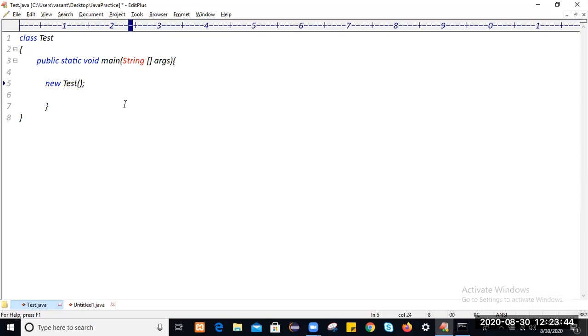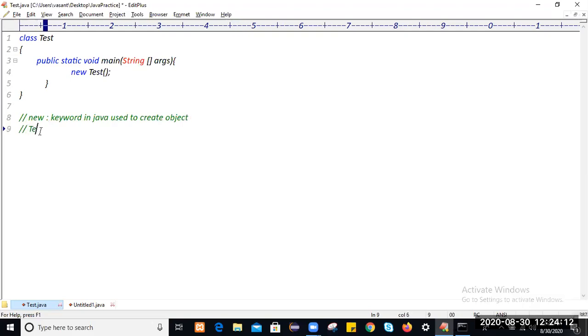Here we create a 0 argument object, meaning we are not passing any arguments. What is this new? New is a keyword in Java which is used to create an object.